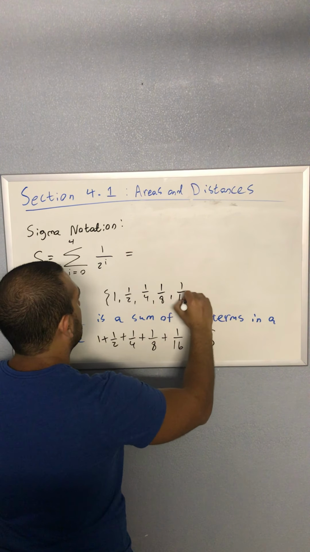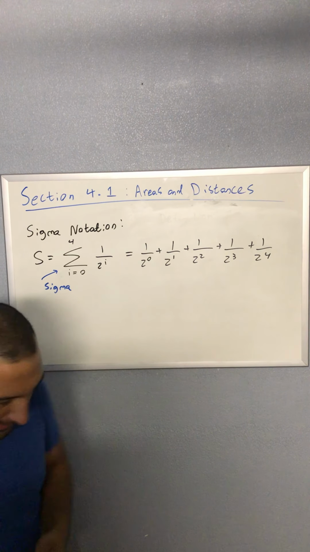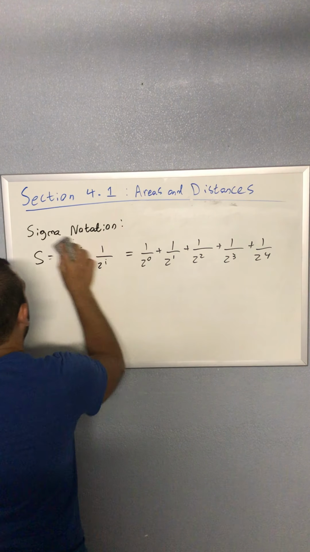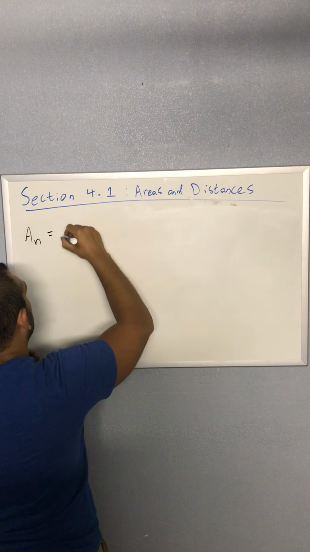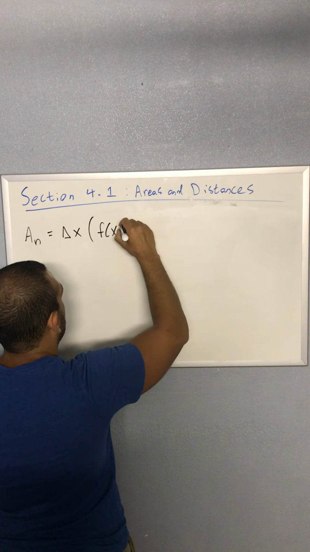So if we now go back to what we had, we go back to the formula for the area. Maybe I should erase this as well. So the area formula was this. In general, for n rectangles, the area was this. It was delta x, since the width would never change. And then it was just